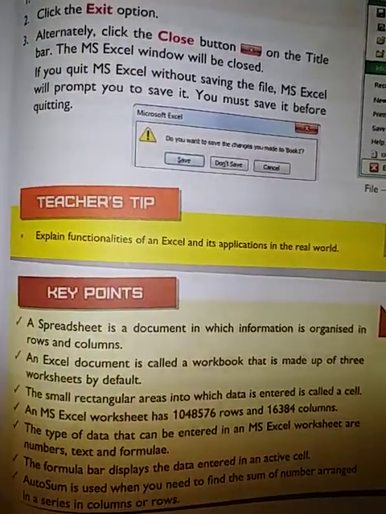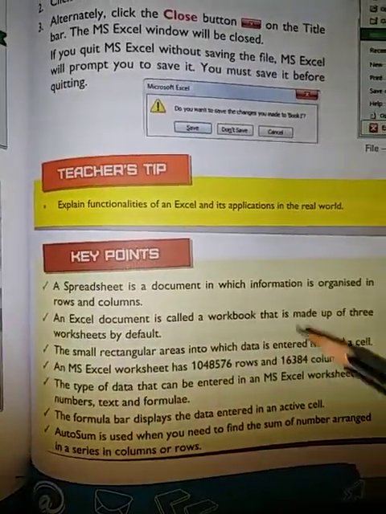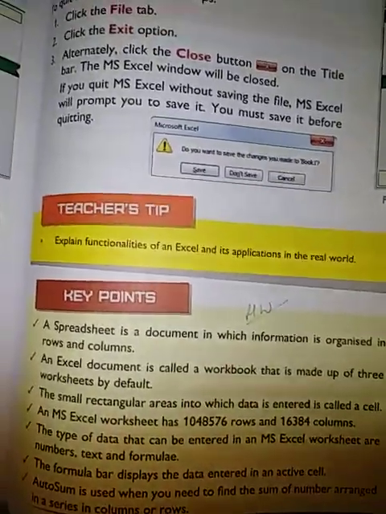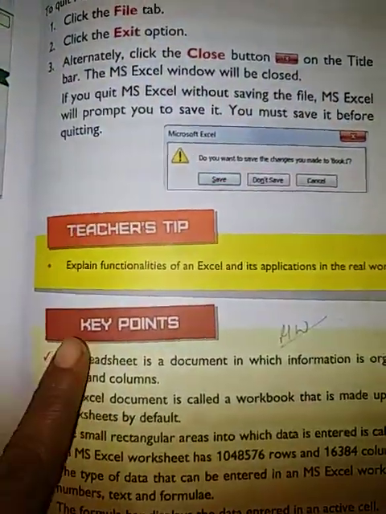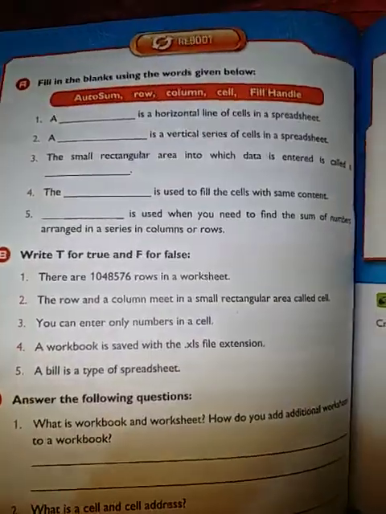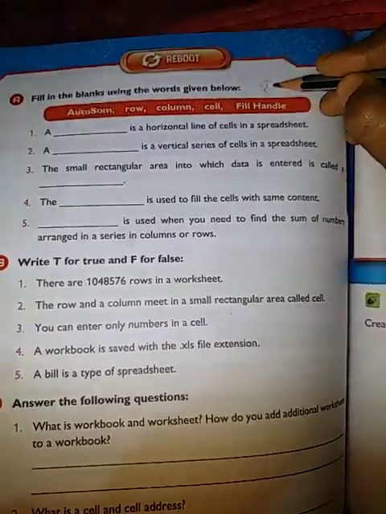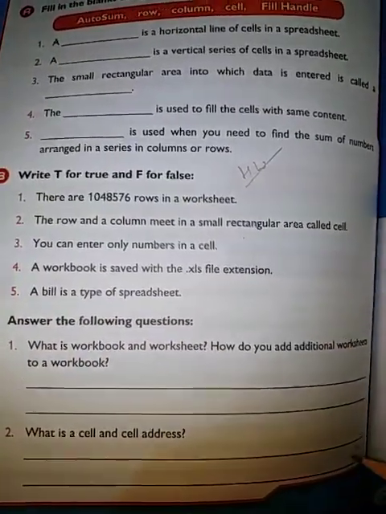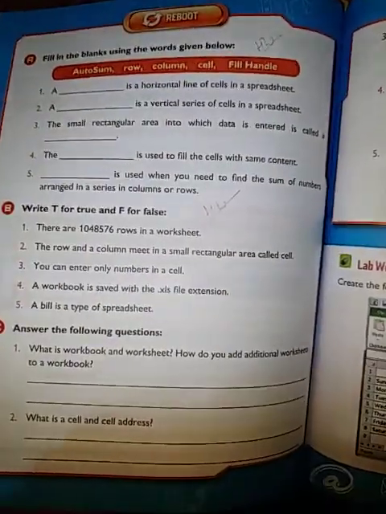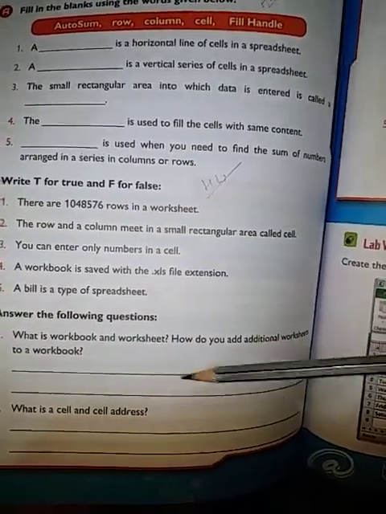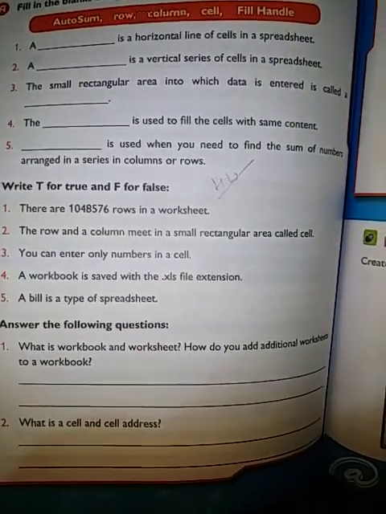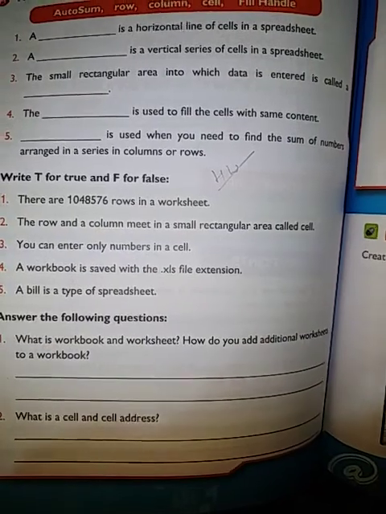It's important. Okay, so students, you have to learn all these keywords, key points. All these key points you all have to learn and find out the answers of the fill in the blanks and true false. Okay, and I will send you the answers of some of the questions on a separate sheet, but some of the answers you have to find out from the book.